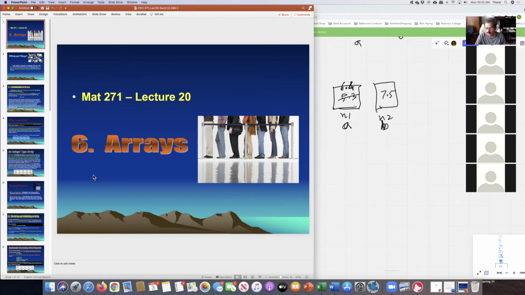An array is necessary when you need to store multiple values in the memory. Now, why do we need that? Let's go back to problems we did in the last class. We did problems in which we needed to get a large number of data from the user. Like in this last project, you collected stock prices. So if there are 100 different prices available, and you need to analyze them and come to some conclusion as to whether to buy that stock or not,